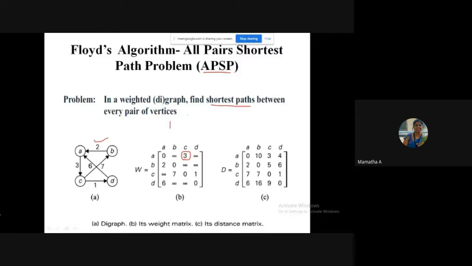There is an edge, and the weight you are giving. Now we are not writing 1. If there is an edge, we are writing its weight. You can observe here also 2. That means there is an edge from B to A with a weight 2. Yes. And you can observe this 7. C to B. There is an edge from C to B with a weight 7. Right? Similarly. Okay. Just observe, if there is no edge, what have we written?